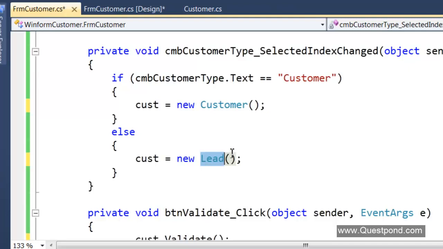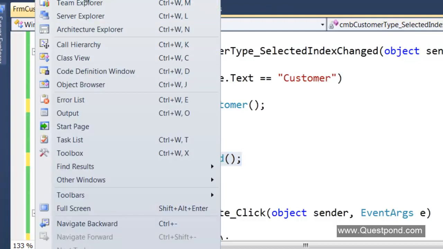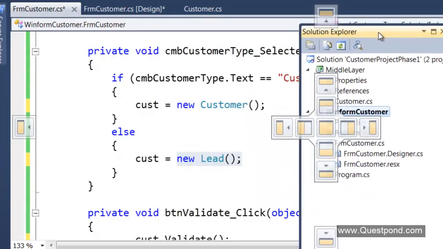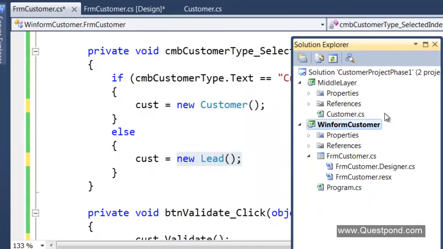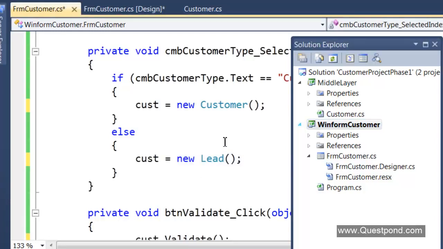And in order to get rid of these classes, I need to somehow ensure that the creation of these objects goes into some central class. So in other words, I need to give this object creation to some other library, right? So what I'm going to do is add a new class library here which will take away this object creation process from here into that class library. Now I would like to name this class library as factory. Why factory? Because it creates things, right?